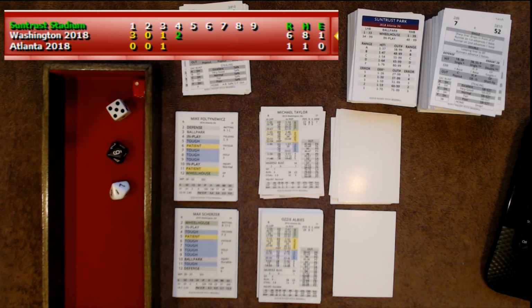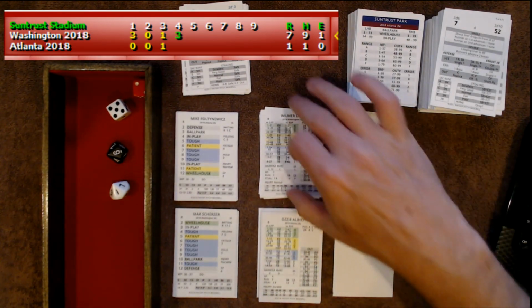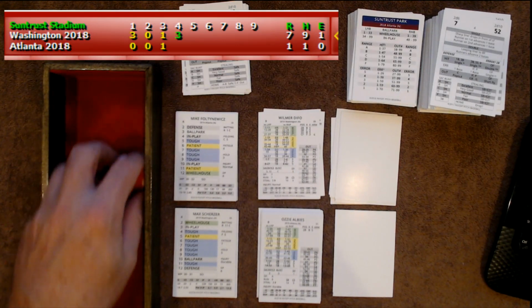So, single. Runner is going to score. So another RBI. So Trey Turner with 4 RBIs, Michael Taylor with 3 RBIs. I'm sorry, yes, that's correct. 4 RBIs for Trey Turner, 3 for Michael Taylor. And we got 2 outs and literally 6 seconds, and now this inning has turned into